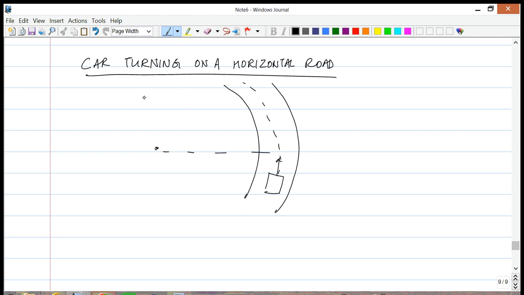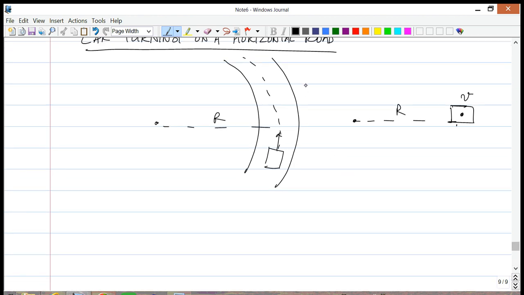Okay, let the radius of the road be r. And the side view, or let's say if you're on the road, if you're looking at the vehicle going away from you, it is going into the paper here with speed v, and the radius is r. Okay, so these are the tires, and here we are.